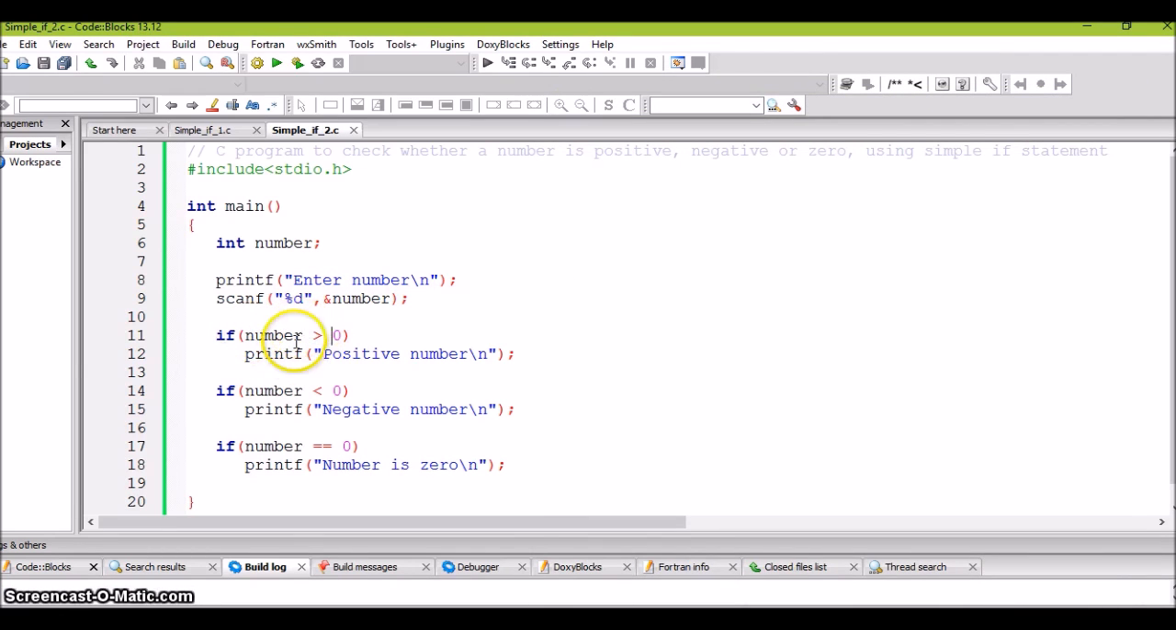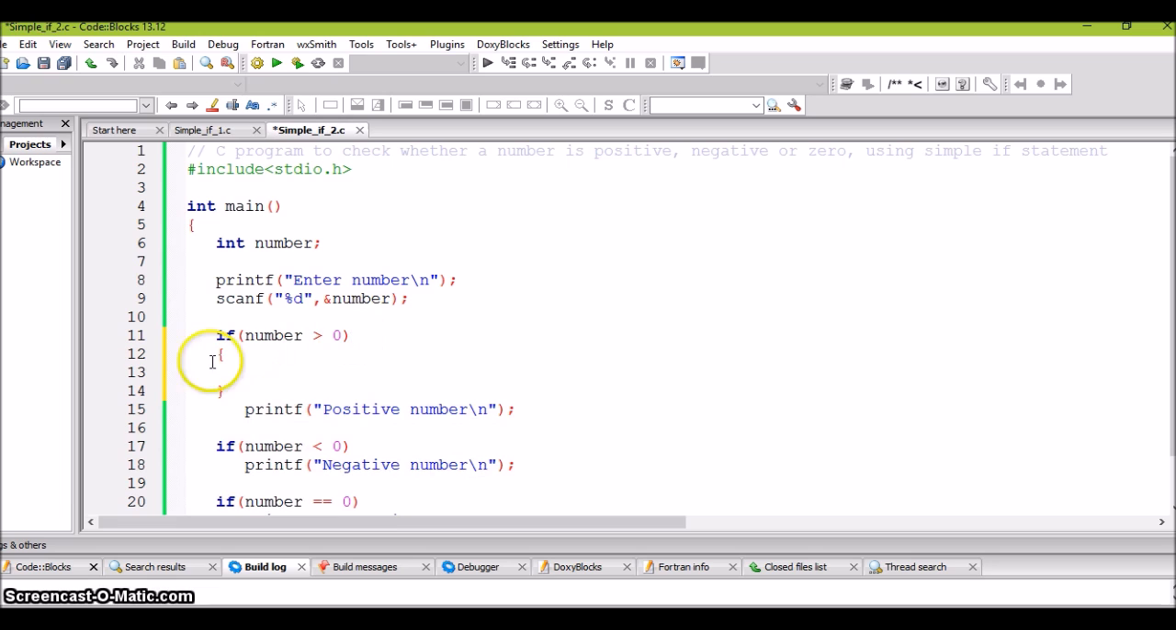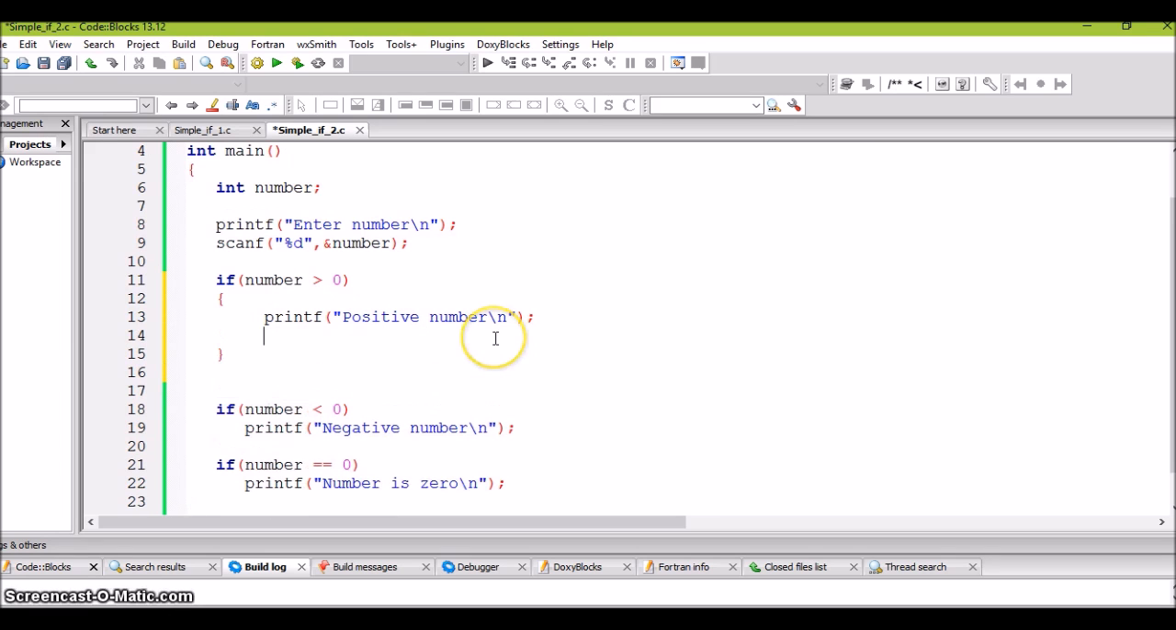When the condition is checked, if you want to print only a single statement, or if you want only one statement to be executed, you need not put it within curly braces. Suppose if you want to execute a certain set of statements, then you have to put those statements in curly braces. For example, I'll just show you here, number greater than 0. So within these curly brackets, we are going to write some set of statements where it says positive number and printf